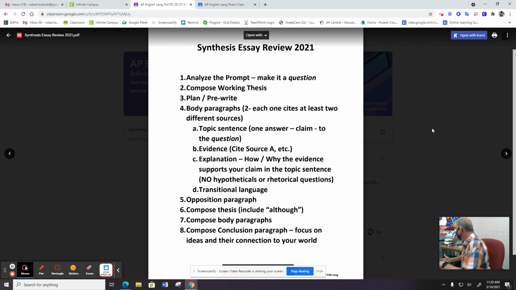Right? They know that. So first thing they do, I read synthesis one year, and the first thing I did was I would look and see if they had at least 3 sources, then I would start reading it. If they didn't have 3 sources, then I would just kind of skim it because I knew it was not going to pass anyway. So now it's just a matter of how low is it going to be. You with me? So, that's probably not something I should admit on video, but I'm just saying this way.